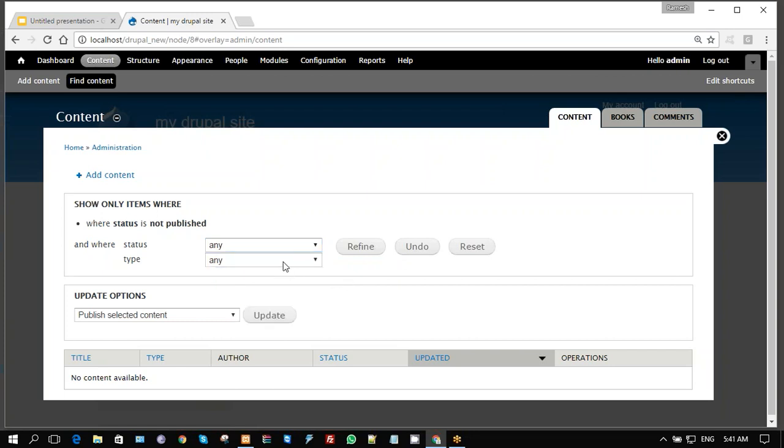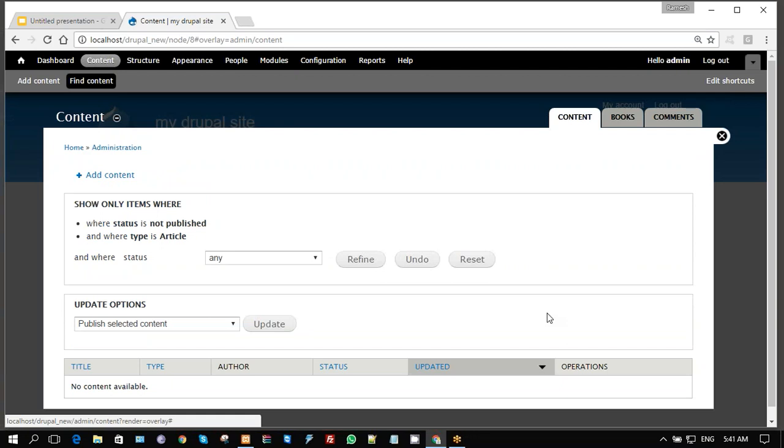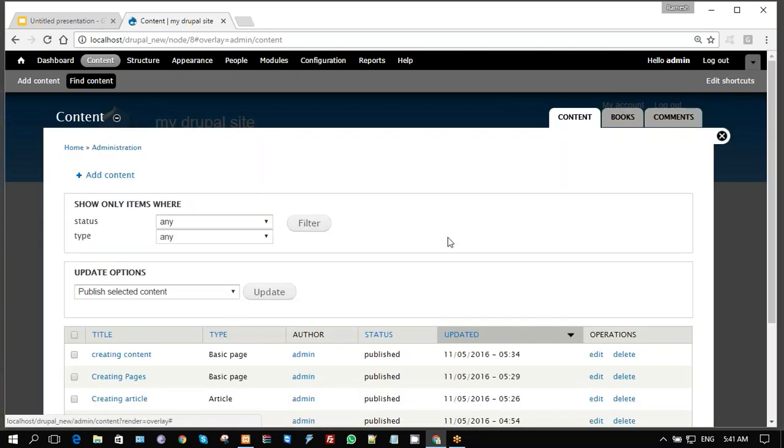So let us select any and type is article. Let us reset all of this. So to modify the content,